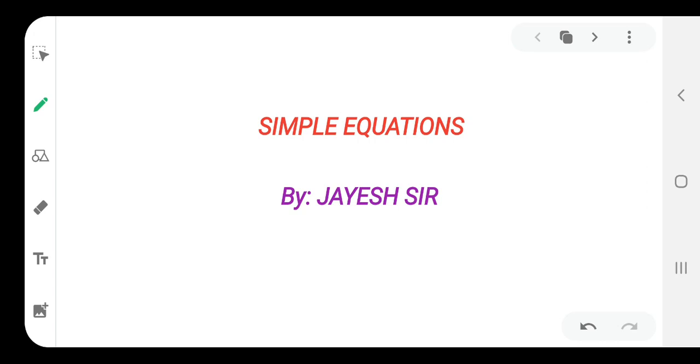So we are aware of how to find the value of the variable when the equation is given, and the thing that we are going to learn today in this chapter is that we need to form the equation and then solve and find the value of the variable. Here statements would be given, you need to form the equation, then after forming the equation you need to solve it. So the main and most important thing we are going to learn today in this chapter is how to form the equation. So let us start the video over here, dear.